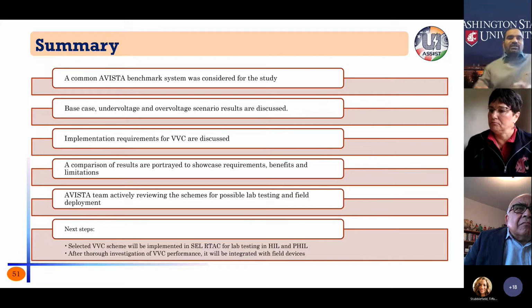Just to summarize what we have done so far: we looked at the common test system and performed over-voltage and under-voltage